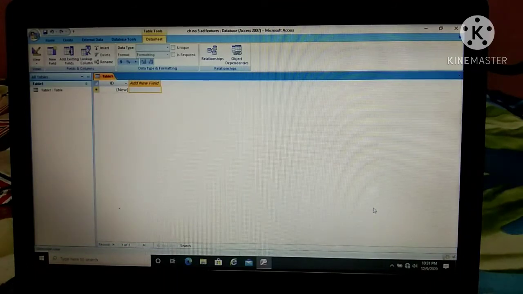Like this you can create your own blank database, as I already taught you how to create a blank database, and now we will create one table for further explanation. Okay, by default whenever you create any blank database, one table will be displayed to you which is created by default by your system. But here we don't have any other fields other than ID. You can see on your screen that Table 1 is already open in datasheet view, and ID, New and Add New Field is displayed to you. So this view is called a datasheet view.